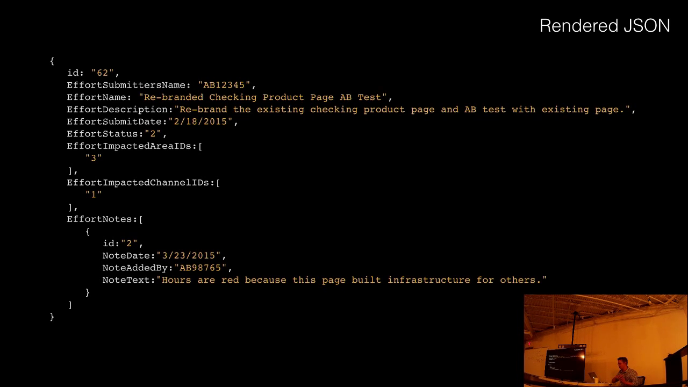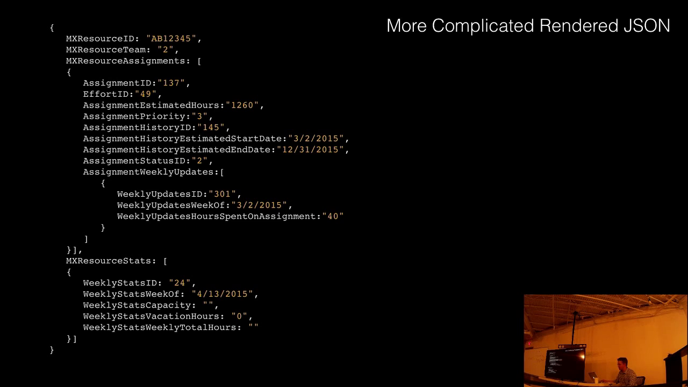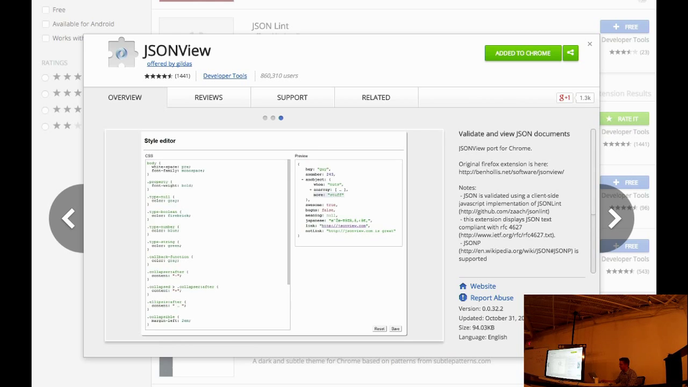So for instance, an effort can have notes in it, which is like an array of different notes, or comments, that's what it really is. And then some of them get a little bit more complex and structured with nested arrays and components and stuff like that. What we were just looking at in the browser